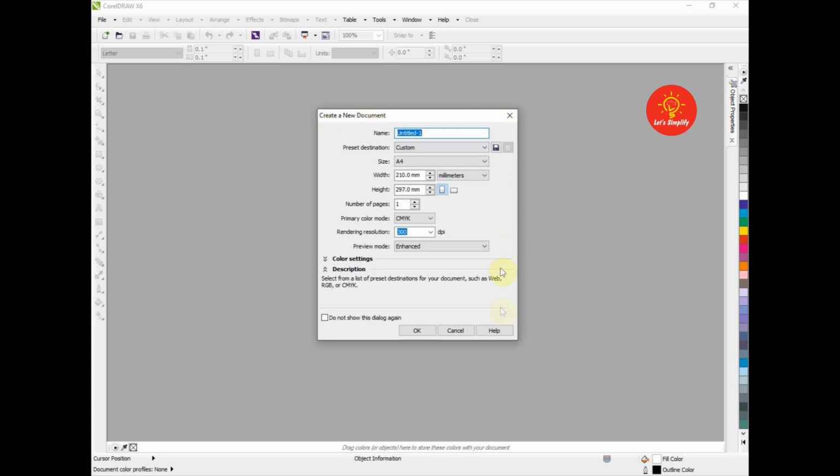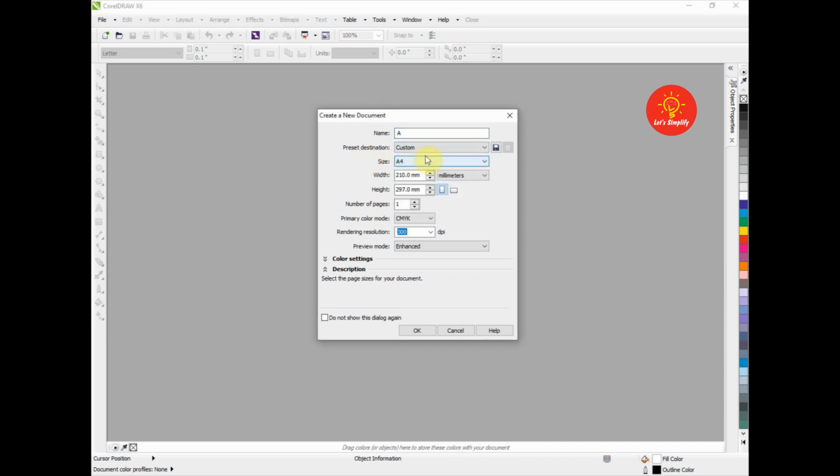Now we are able to see a dialog box of new blank document. Let's simplify it first. Over here we can see the name. So we can enter the name for our document over here. Below that we can see the preset destination.